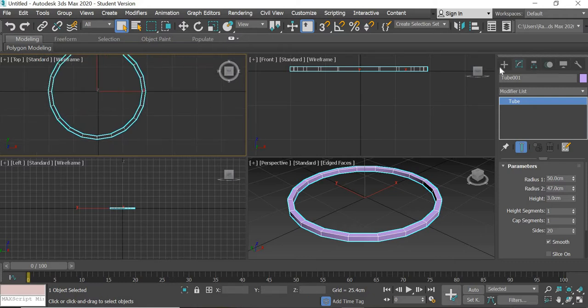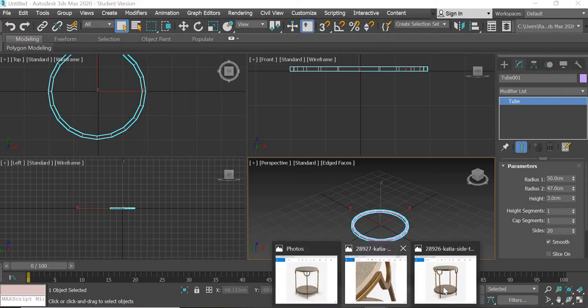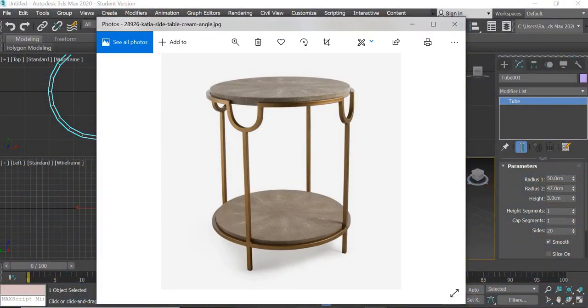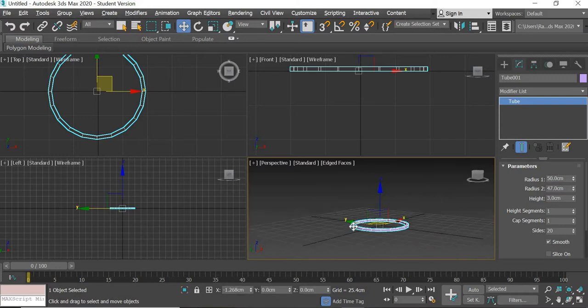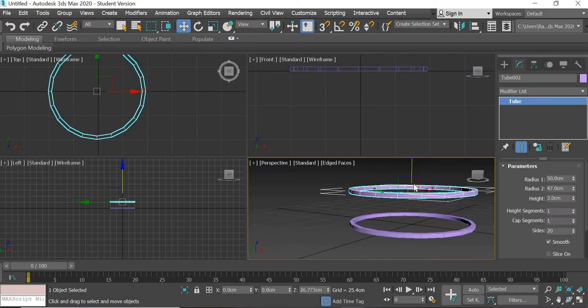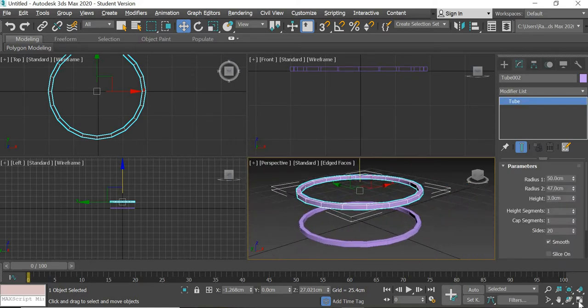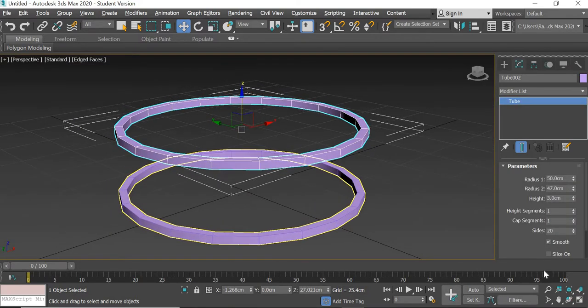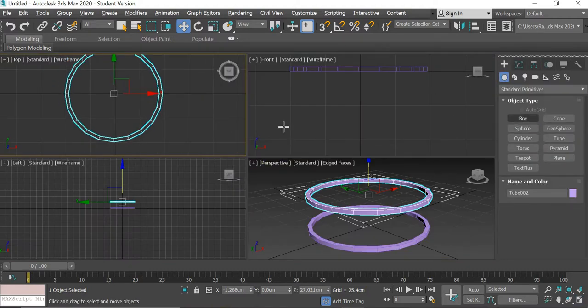Alright, so to make things simple, what we can do is, now the height, whether it is less or more, really doesn't matter. So we can simply copy this up. So shift move to copy. Alright, so we have this top and the bottom part,